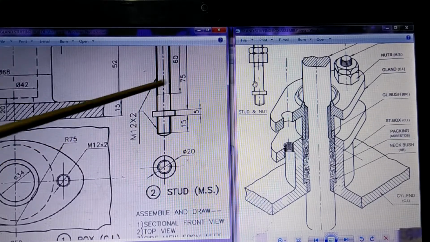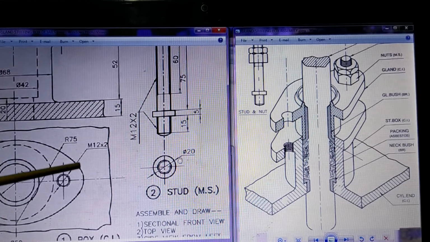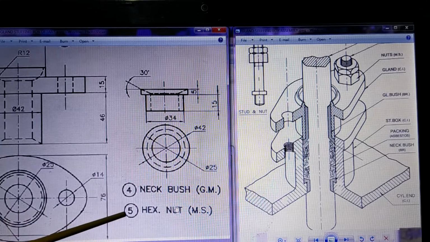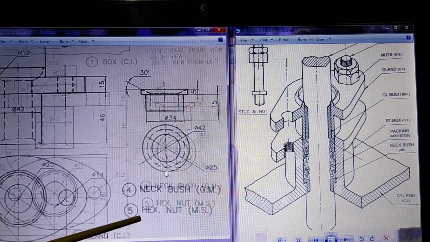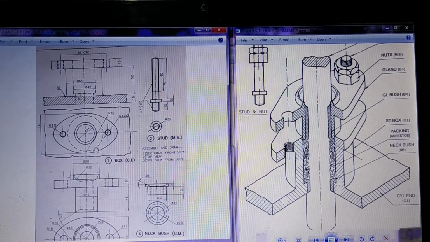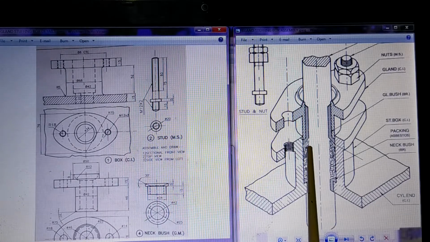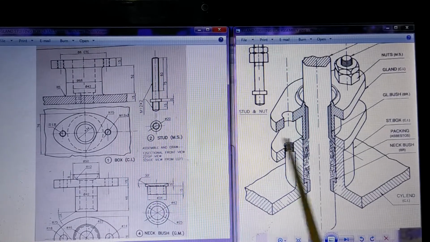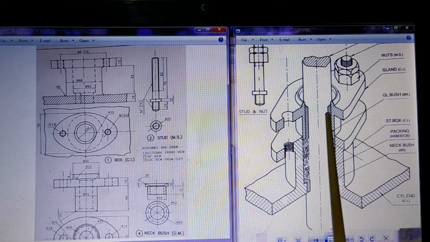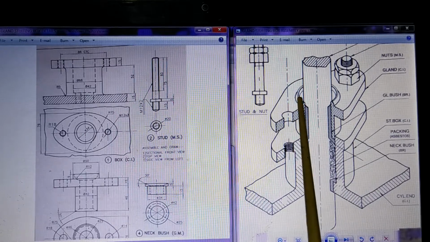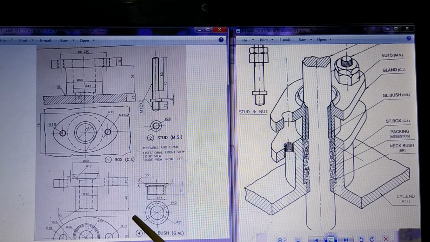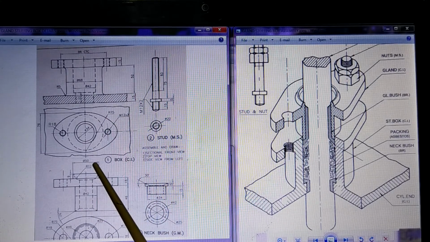Sometimes two nuts are used, you can see here two nuts, lock nut and main nut, but now they are not written like that. So just a single nut on one side. So total nuts are 2. So remember, this detailed drawing is not necessarily meant for this assembly drawing. This is different, but it has something common because it is also gland and stuffing box. So we are using this figure for the purpose of explanation. What we are going to draw is the assembly which is formed by making use of these parts. Whatever way these parts are there, according to that the assembly will be formed.